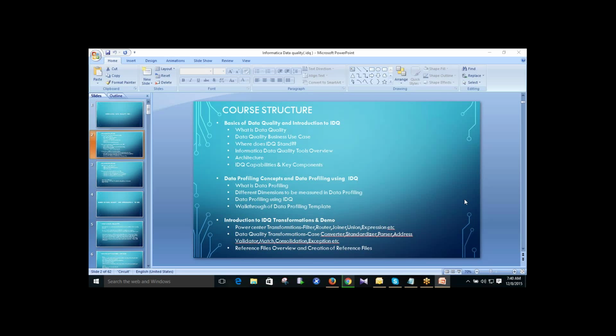Or what it is about, and then we actually log into the tool, and then we see how to implement that particular transformation or how to configure that particular transformation. Okay, so this is how we cover the transformations. The list of transformations provided here are not the complete list, just for your reference. So we would try to cover most of the transformations, and if at all